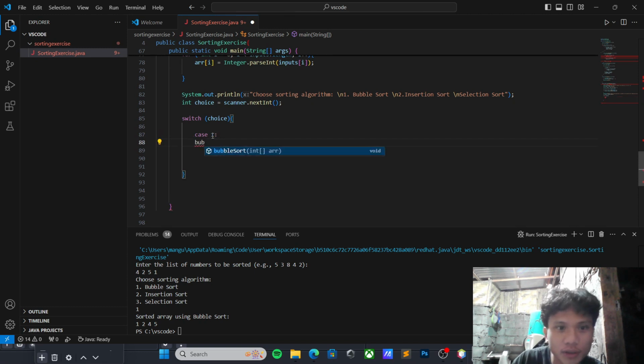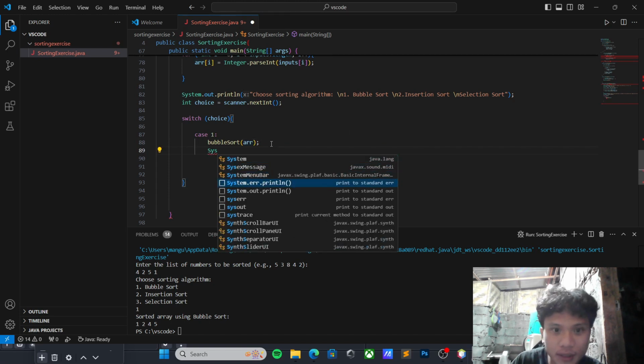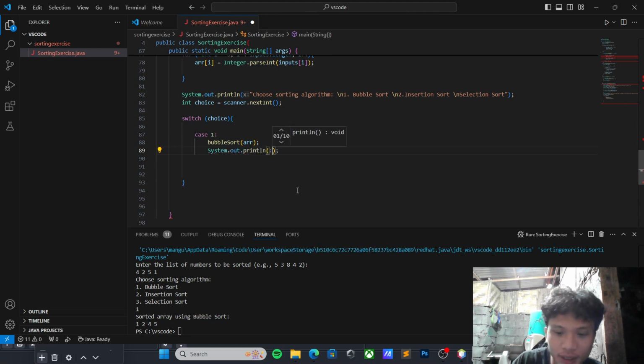calling the bubble sort, and we have to print, saying the sorted array using bubble sort.